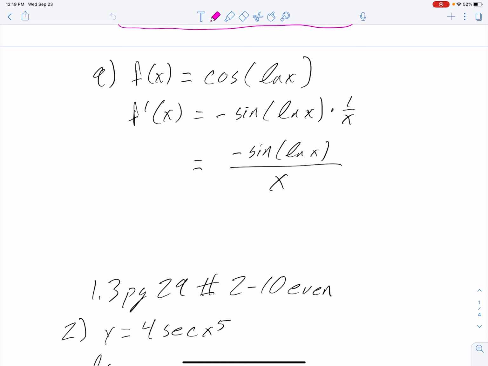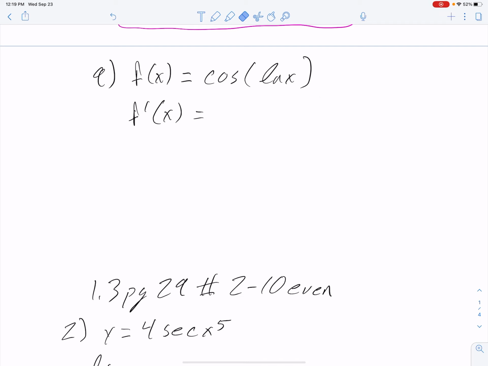All right, we're going to take a look at the 1.3 day 2 homework. So number 9, I did not assign the other day from the previous assignment because we didn't get a chance to talk about natural logs. So I'm going to go ahead, we'll take care of that one right now, and then we'll move into the